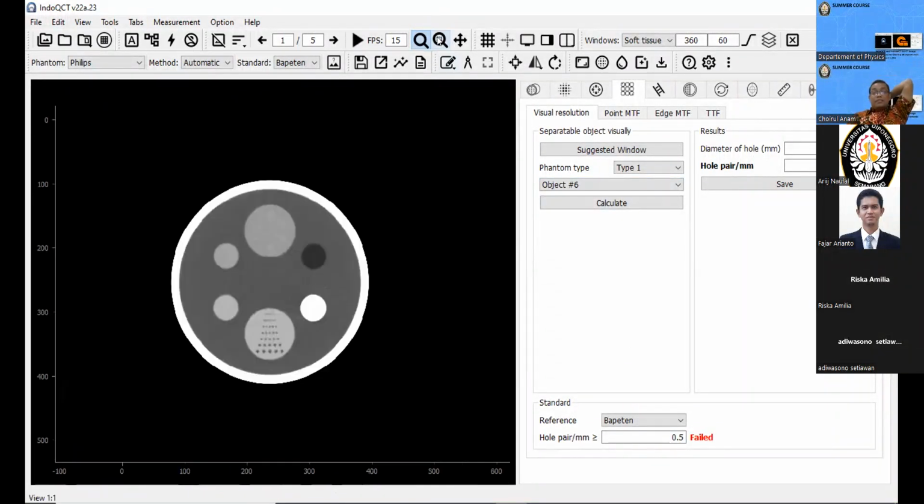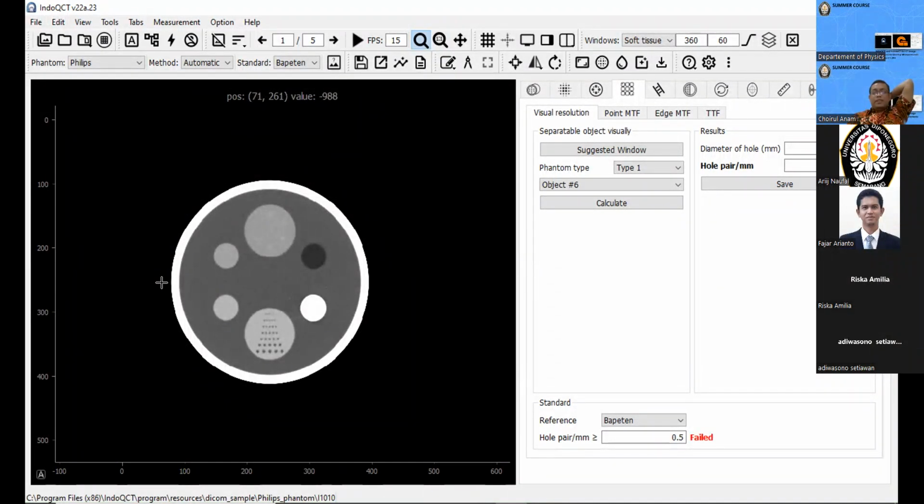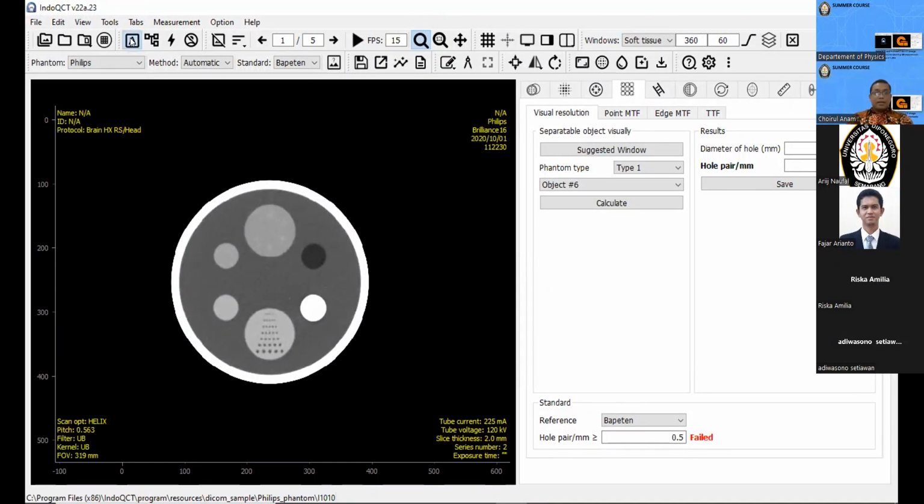Why? Because I think in this image the field of view is very large. I think we can see the field of view of this one. We can see here the field of view is more than 300, but I'm not sure.